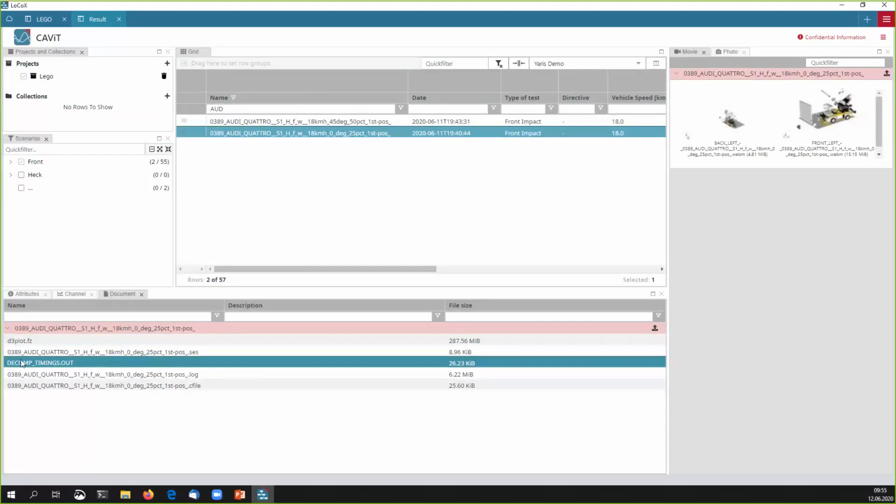To compensate for that a little bit, within the simulation data management system we use the statistics of previous runs, where the previous run said, okay, this node had to wait a lot, and we can use that statistic to create this decomp timings .out file,